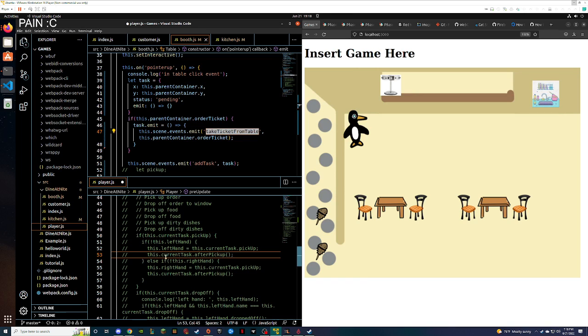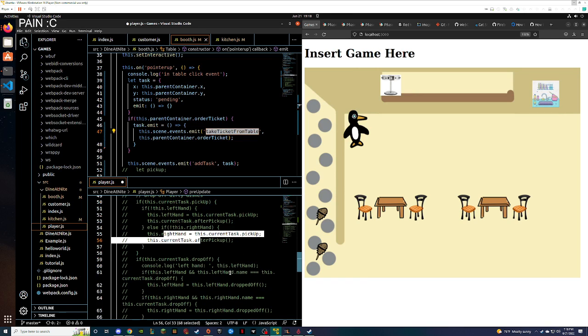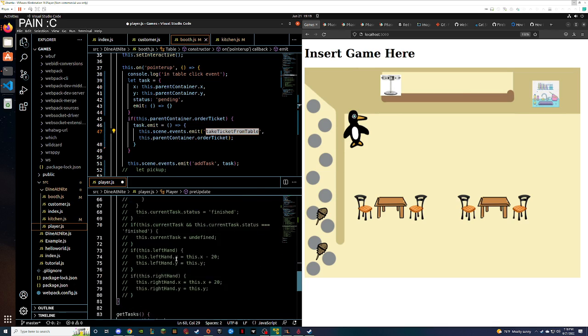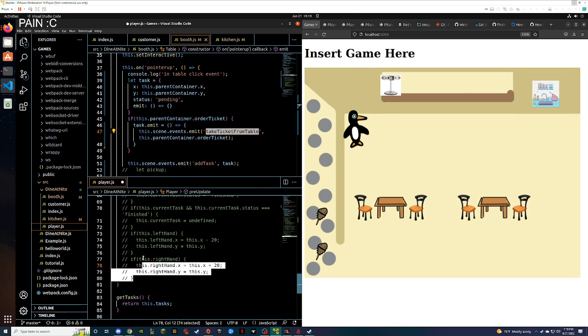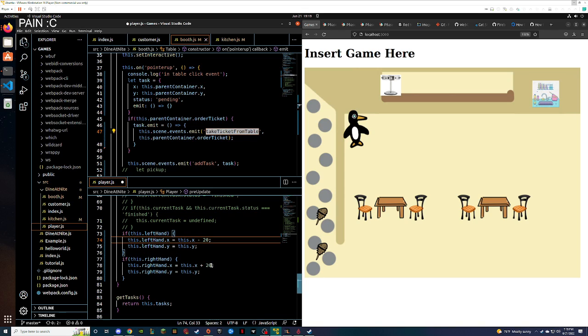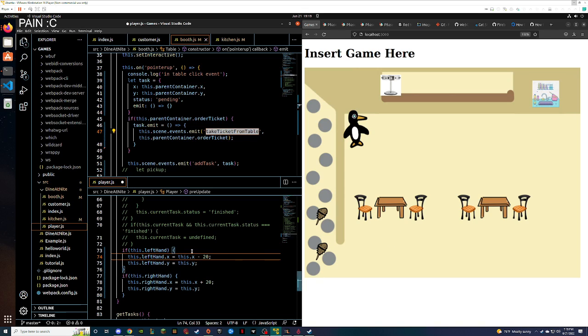This dot left hand. This dot right hand. So because left and right hand is moving, we're going to leave this uncommented because that will walk with the person. I'm pretty sure. Don't quote me on this.